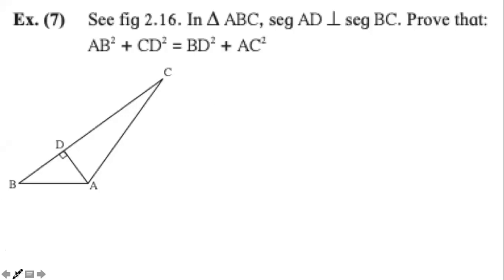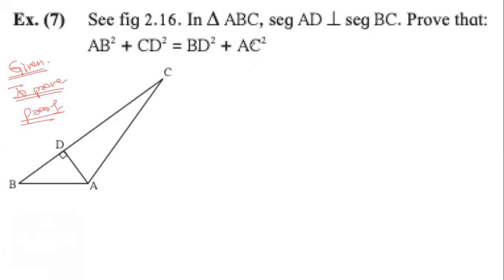So in geometry, there are two types of questions. One, where we have to prove certain things, and two, where we have to find certain values. So this is the first type, a proof type of question. Whenever we have a proof, we will have three parts to the answer: given, to prove, and proof. We can write the given part and the to prove part from the question itself.